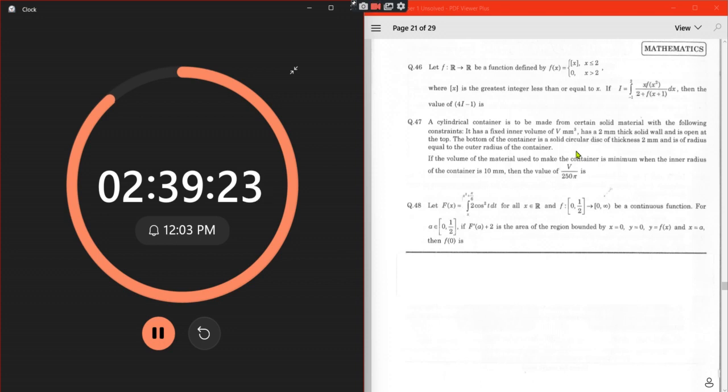If the volume of the material, you said the inner volume is fixed. Okay, understood. If the volume of the material used to make the container is minimum when the inner radius is equal to 10 millimeter, then in terms of r we have to find the volume of that material. So just what? Did they say anything about its height? Acha, nothing is said, but its inner volume will be fixed, right? So just that volume,